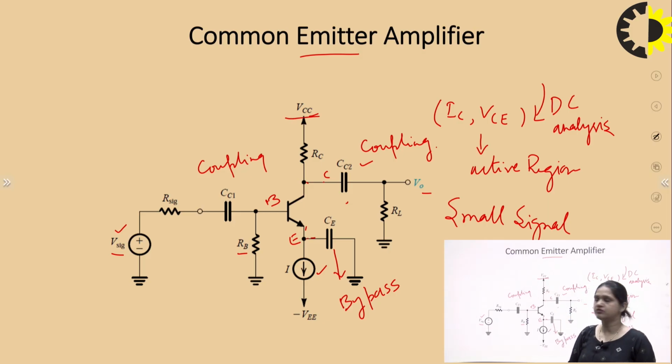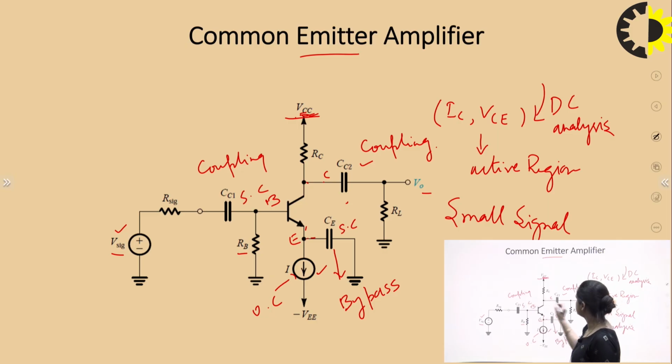For drawing the AC equivalent circuit, we will make this VCC ground and this current source will behave as an open circuit. So the circuit will behave like this. This is now ground. This is the AC equivalent circuit. This current source is removed from there. This becomes short circuit, this has also become short circuit, and this has also become short circuit. So now you can redraw the circuit at AC, where VCC is replaced by ground, I is replaced by an open circuit, and the capacitors CC1, CC2 and CE are replaced by short circuits.